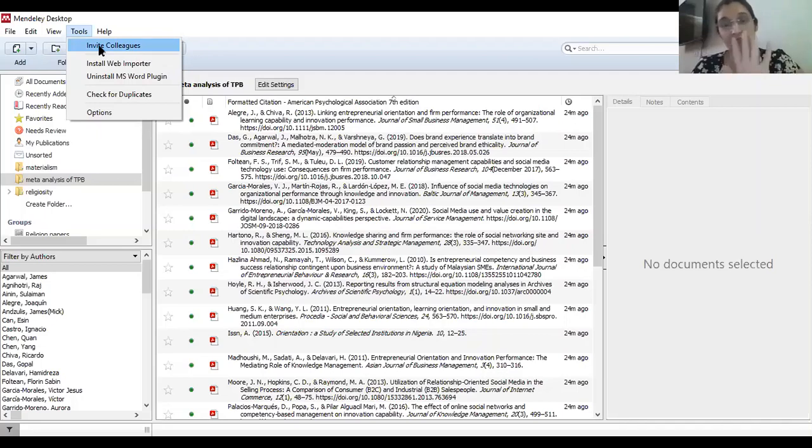Are these five things clear? First say yes, then I'll go forward. Add a file, add a folder, delete a file, delete a folder, and transfer a paper from one folder to another by dragging.